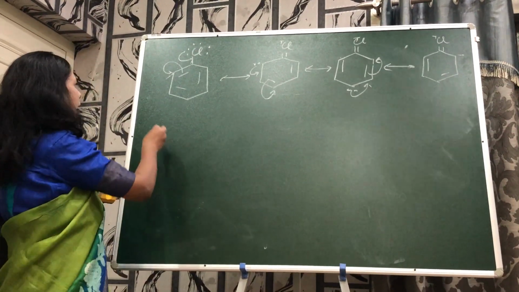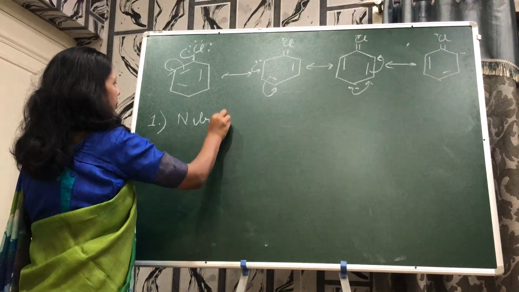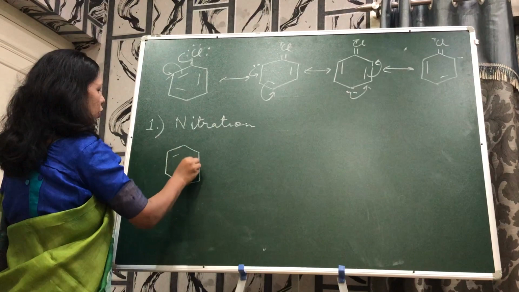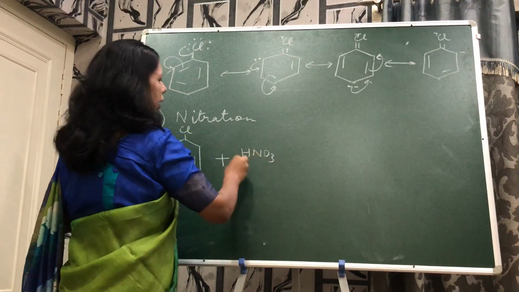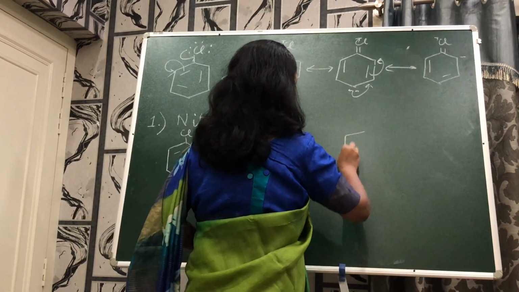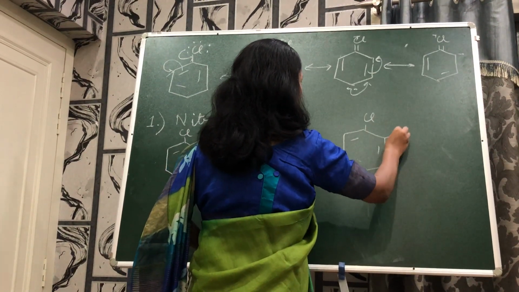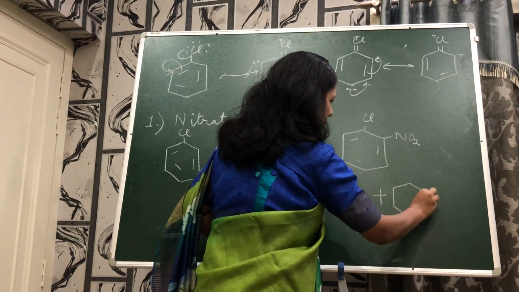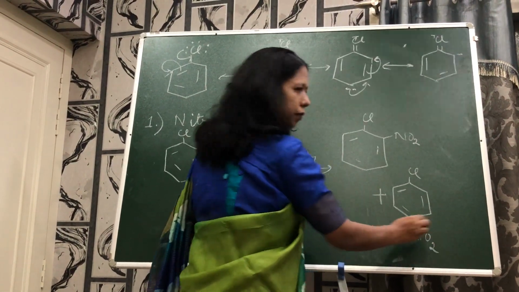So let us take up the first type of reaction here, that is nitration. Nitration means the addition of the nitro group. Say in presence of HNO3 and H2SO4, the reaction proceeds. We get two products: the substitution in the ortho position and the substitution in the para position. Similarly,